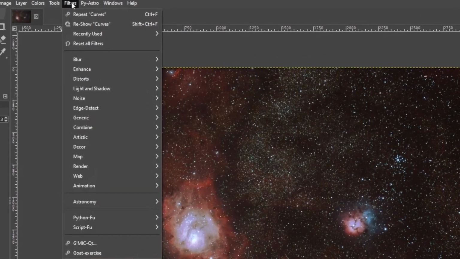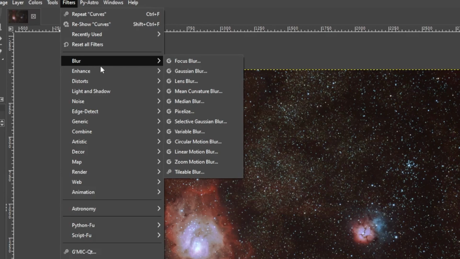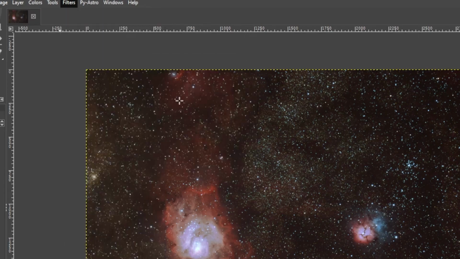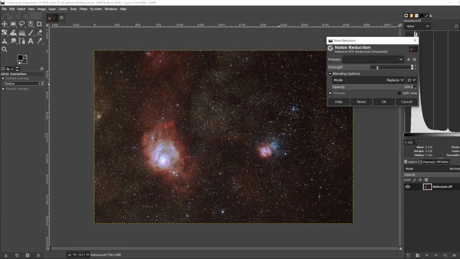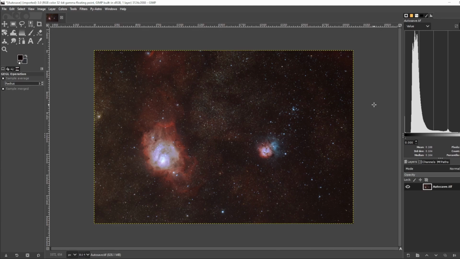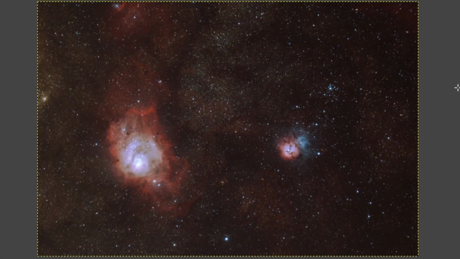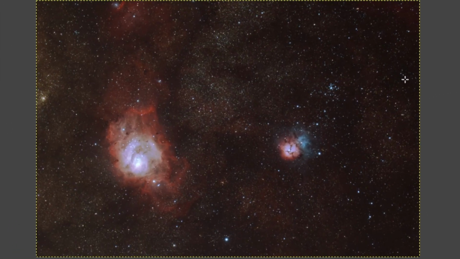Let's reduce the noise by going to Filters, Enhance, Noise Reduction. You can choose the strength here. Press OK. Well, that's it. This picture, in my view, is ready to be shared with